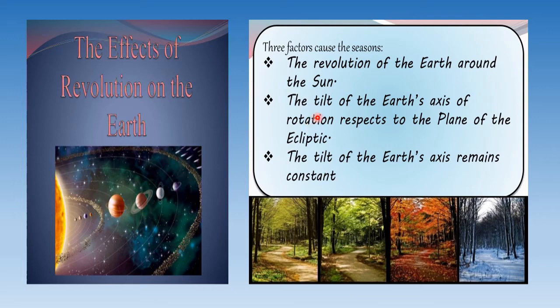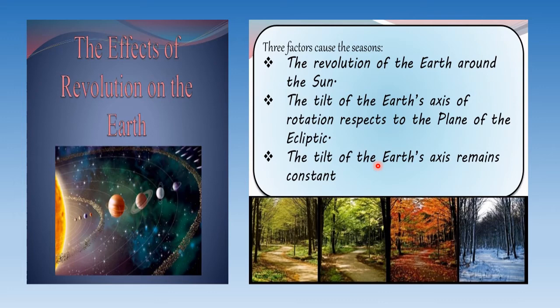Now the revolution of the earth actually causes seasons. Our 1 year is divided into basically 4 different seasons, which are summer, winter, spring, and autumn. Seasons change due to change in the position of the earth around the sun. So this is how it is rotating. It is actually the movement of the earth, the tilt of the earth.